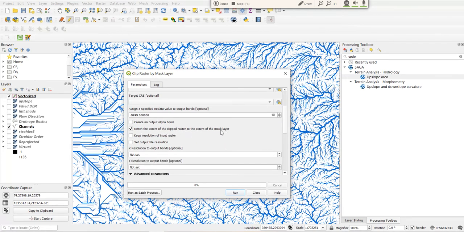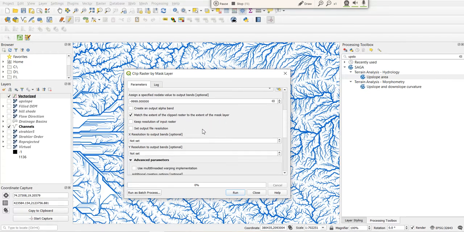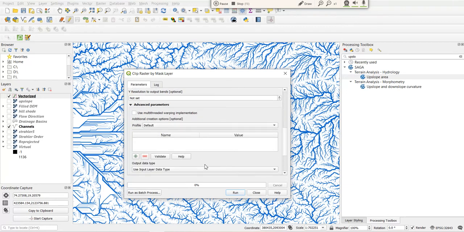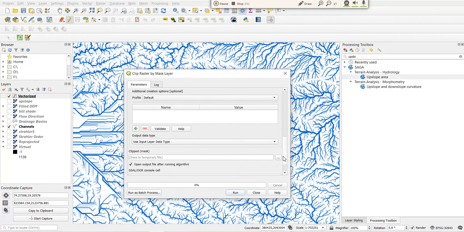So this will extract the data within our catchment polygon. Let's make everything the same.